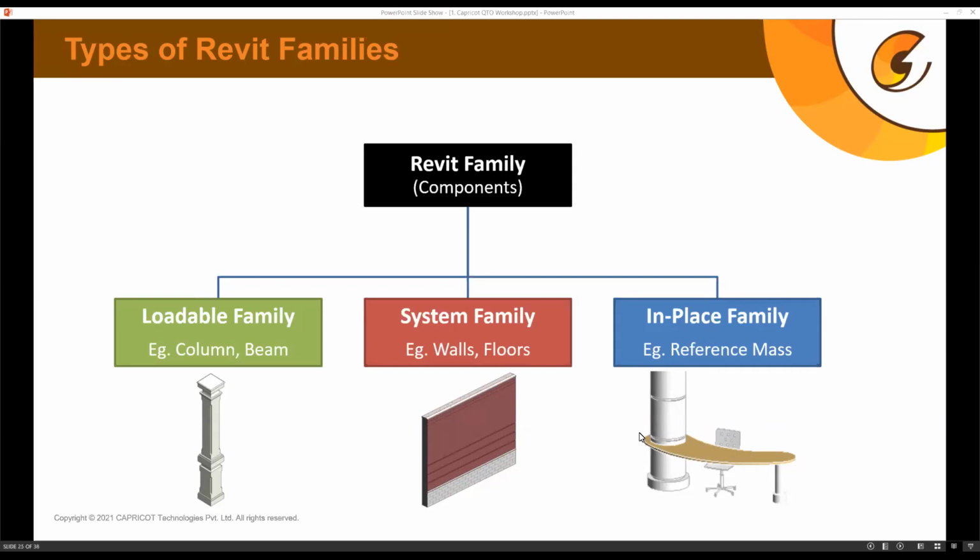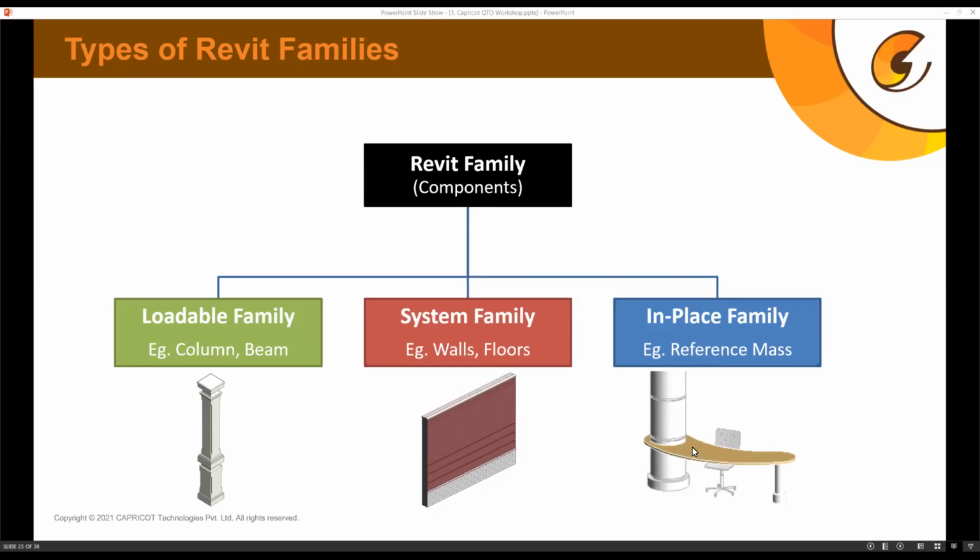So in this case, two different components are interacting with each other. So if there are changes in the column, for example, the column size revises, then the size of the table might also revise. So if you need to create a relationship between two types of families for their shapes and sizes, then we need to create families with respect to another family's shape. So if we need to create a particular component with respect to another component, then we might need to use in-place families also. These are unique families which we can create inside the project template itself.